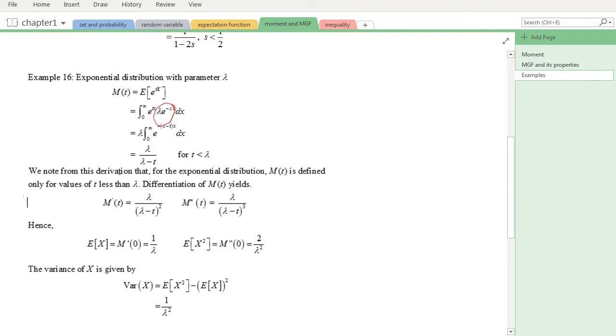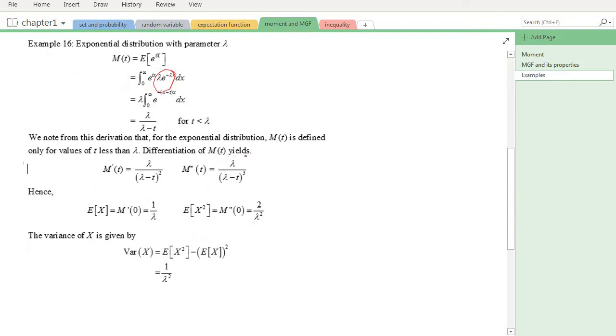So we note from this derivation that for the exponential distribution, the moment generating function is defined only for values of t less than lambda. T should be less than lambda, otherwise this becomes 0, something we cannot solve. No solution. So differentiation of the moment generating function will give us the moment terms. This is the first derivative, and the second derivative of the MGF will give us